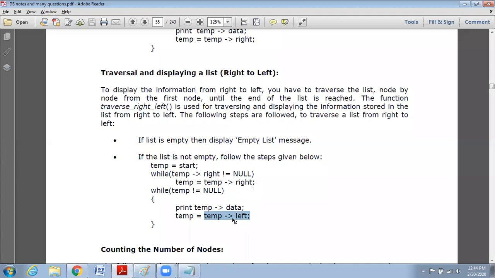Left. And to move left to right, you access the right pointer. So in a doubly linked list, you can have both directions, because we have both the predecessor address and the successor address.